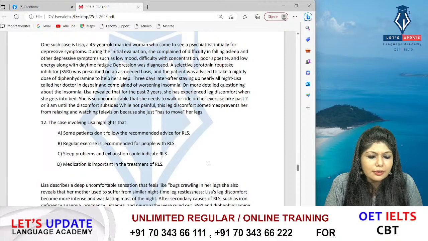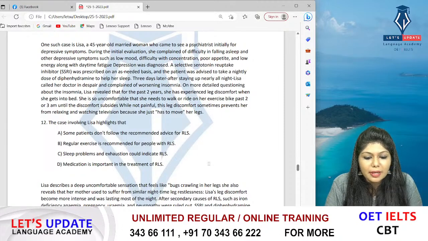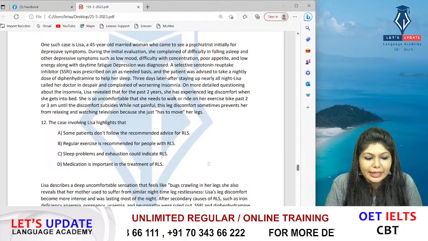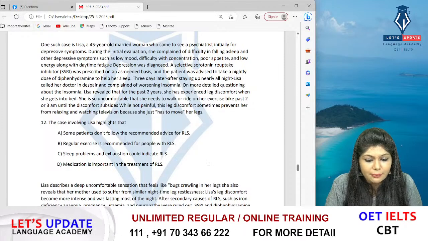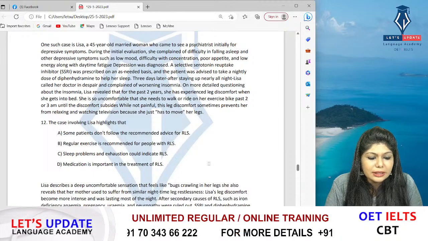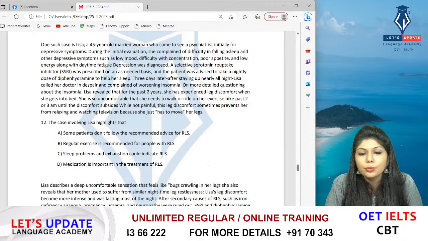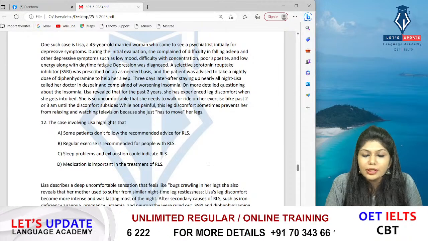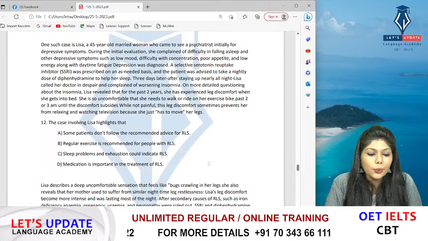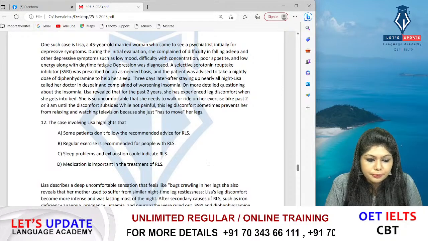She is so uncomfortable that she needs to walk or ride on her exercise bike past 2 or 3 a.m. until the discomfort subsides. While not painful, this leg discomfort sometimes prevents her from relaxing and watching television because she just has to move her legs. So that was what the paragraph was about, and the question is, the case involving Lisa highlights that, and the options are